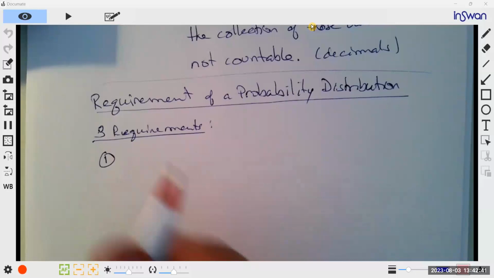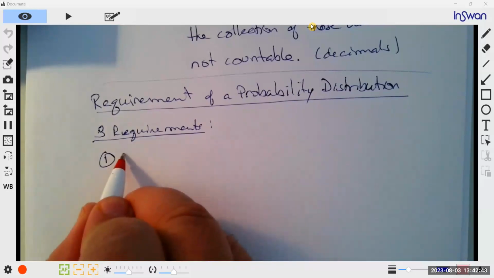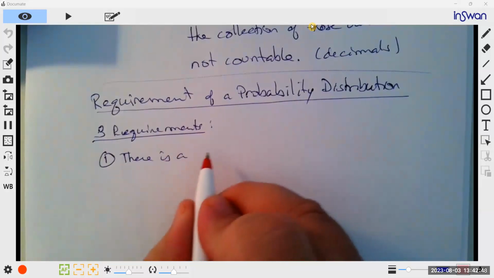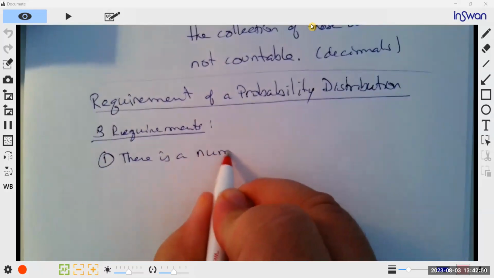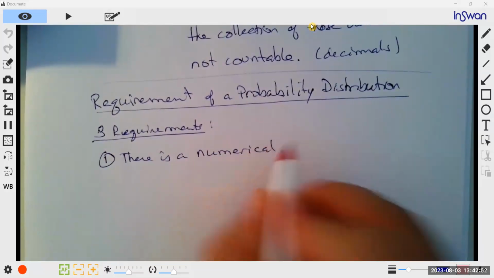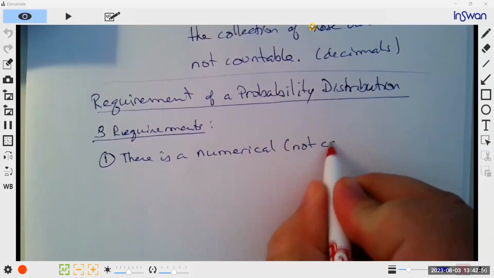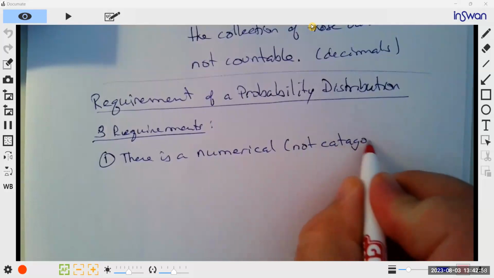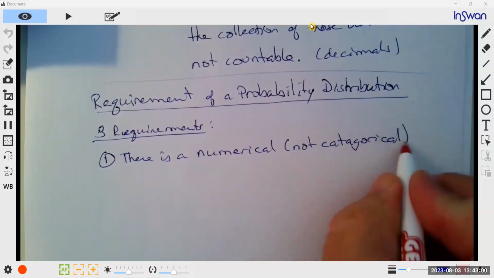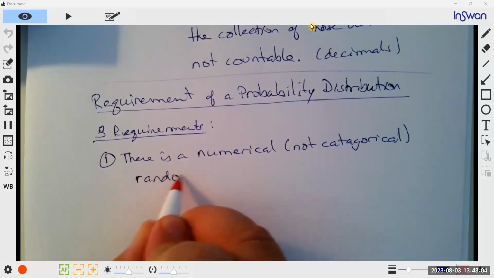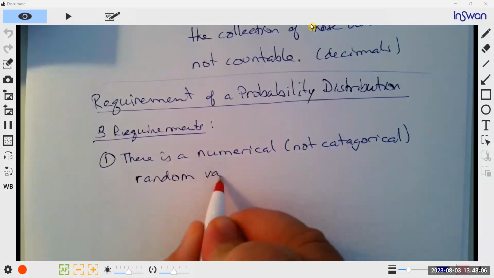First requirement. There is a numerical, not categorical, random variable x,